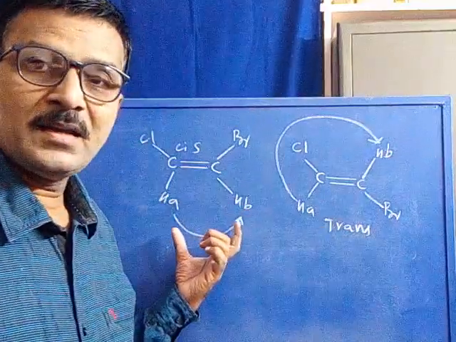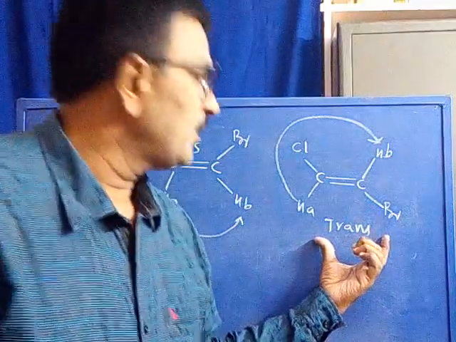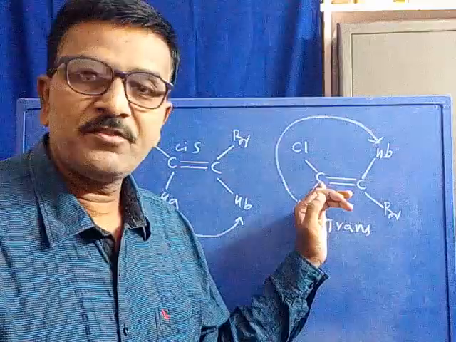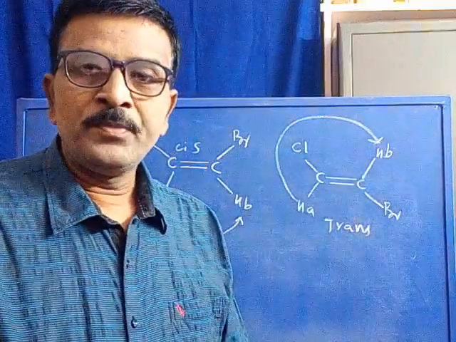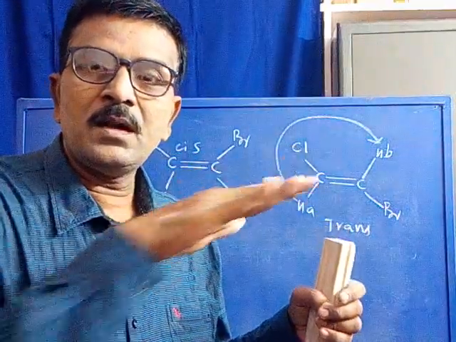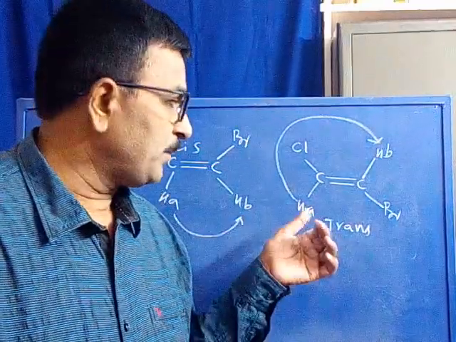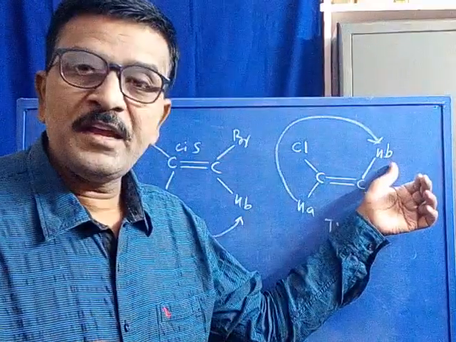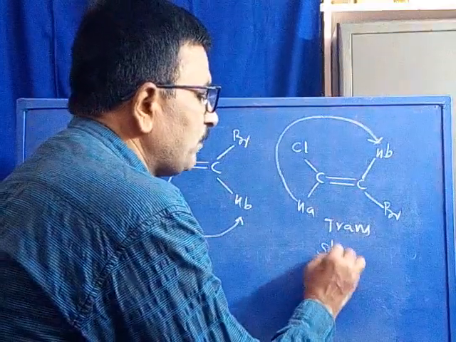Now in the cis alkene, in the trans alkene, all bonding electrons between Ha and the first carbon, the two carbons, and the carbon and Hb hydrogen. In a trans configuration, all the bonding electrons are in one plane. Therefore, the nuclear spin from Ha hydrogen is easily carried to Hb hydrogen, therefore strongly coupled. Strong coupling.